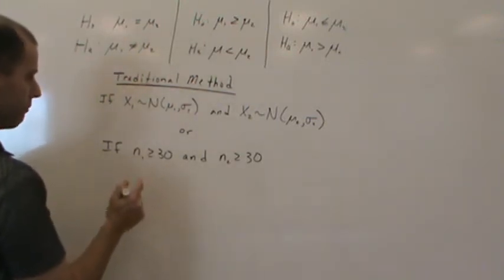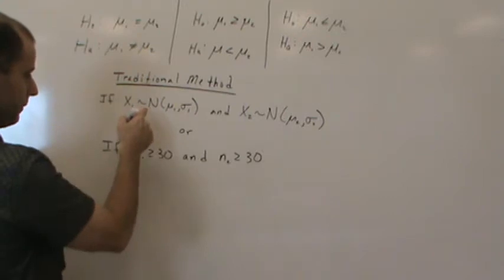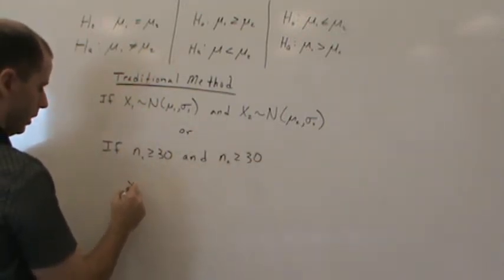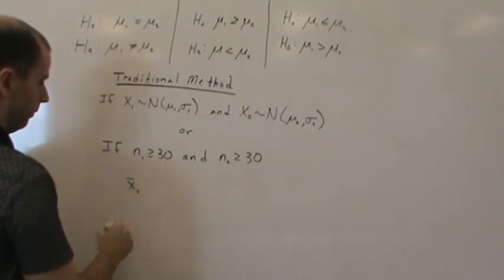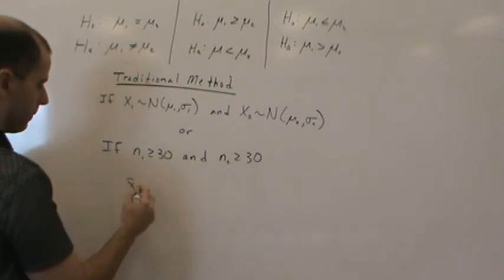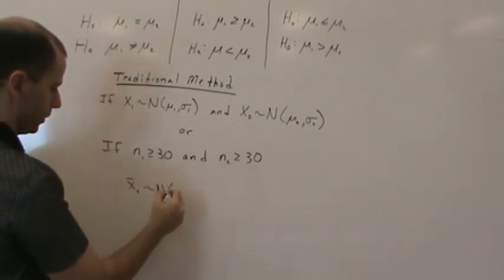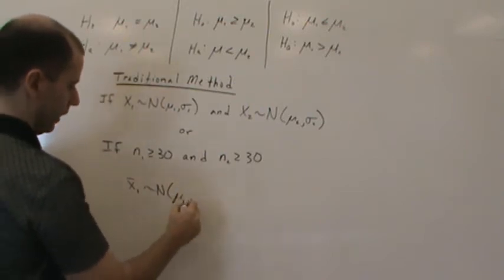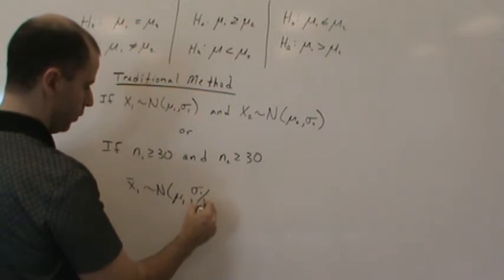From chapter 7, we know if this is true or if this is true, then the sampling distribution of X bar 1 is going to be approximately normal with a mean of mu1 and a standard deviation of sigma 1 over the square root of